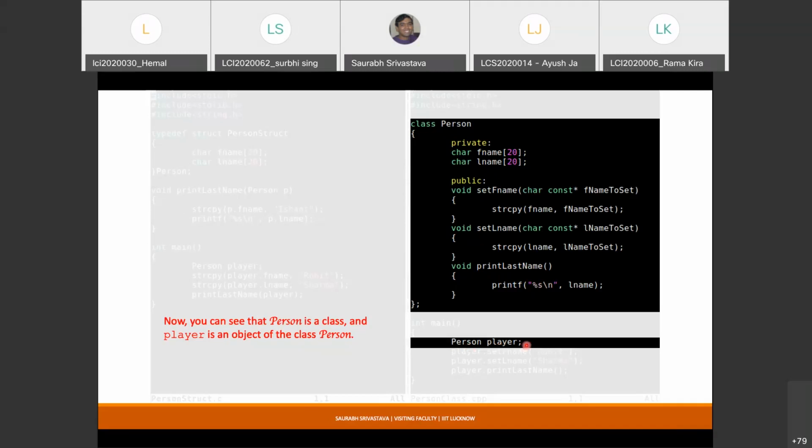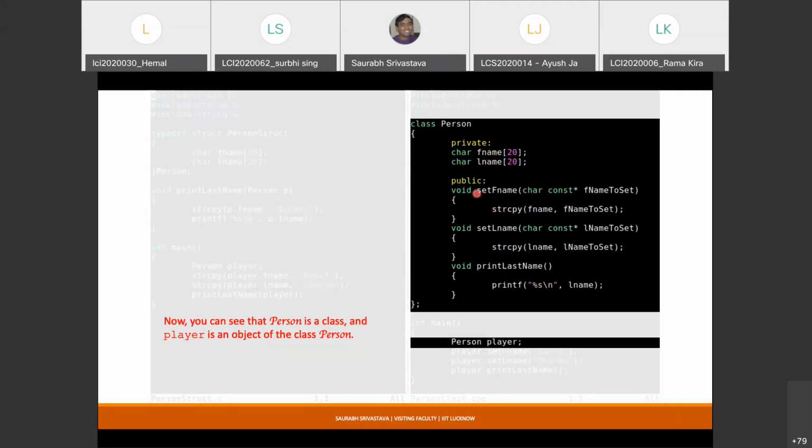What are the attributes of this player? This player has a first name and a last name. And what are the operations I have written in this class? I want to set, or change, or modify the first name of this player. When I say set, you are initializing these variables of this class.